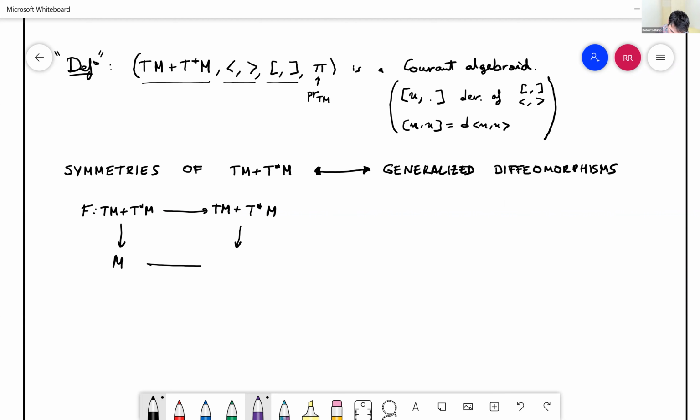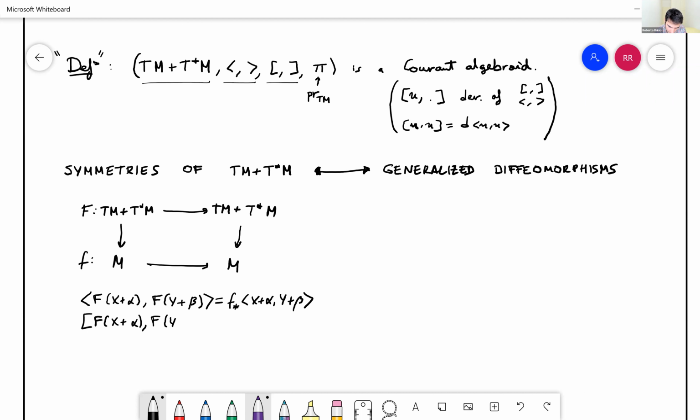And the idea is that they cover some other diffeomorphism here on the base manifold, and you just have to ask those maps to preserve the structure. So what does it mean to preserve the structure? It means, what happens if I take the pairing of the images of two generalized vector fields? This is going to be here just by changing the base point, but essentially it's the same as taking the pairing. So they preserve the pairing,